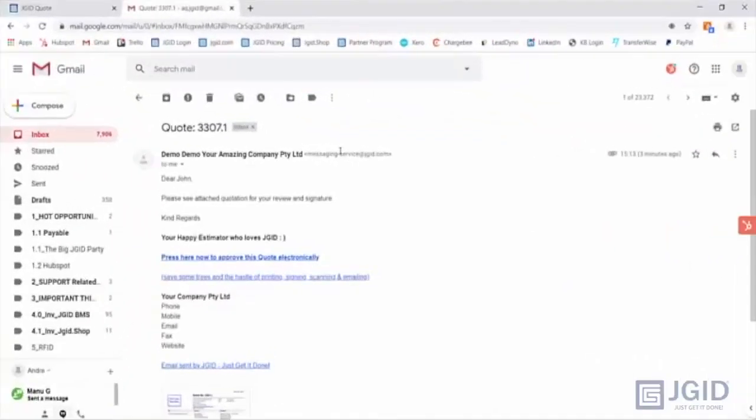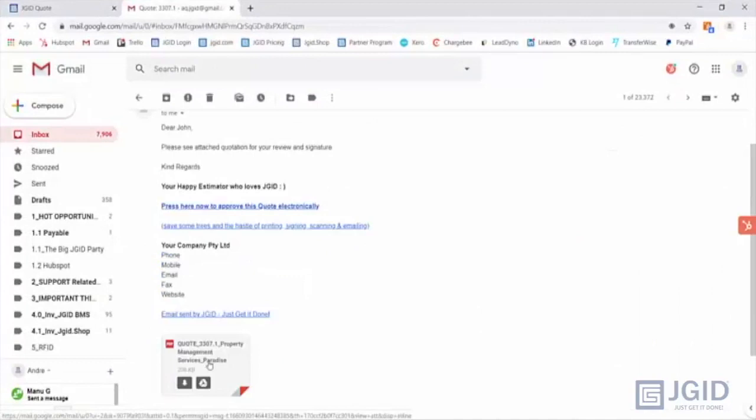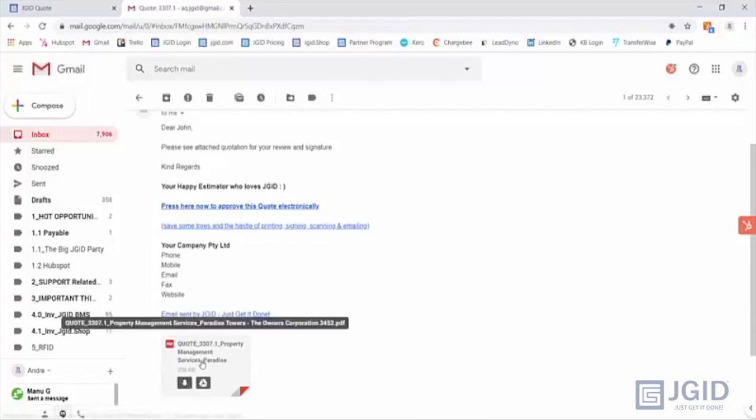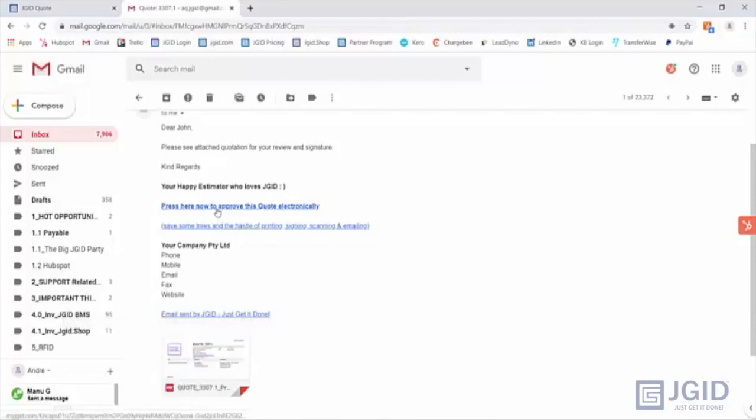So we're now in our customer inbox, where you can see they've just received the email with that customizable link that they can click on to approve the quote. By the way, a PDF is attached the conventional way to the email as well, so if they want to download it or print it out, they can do so. But let's now click onto this link so you can see what it's like for the client to sign this